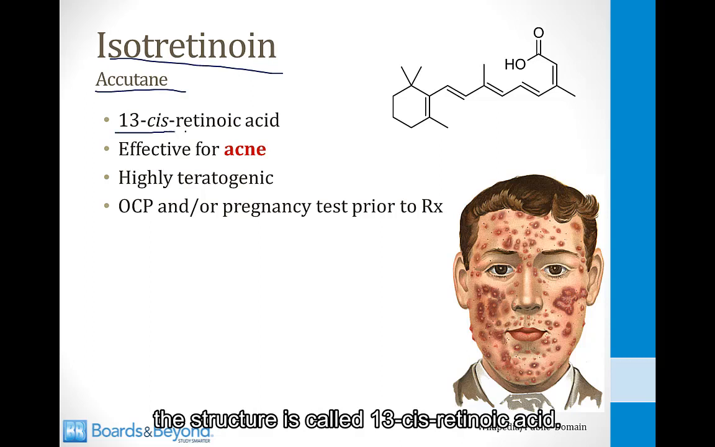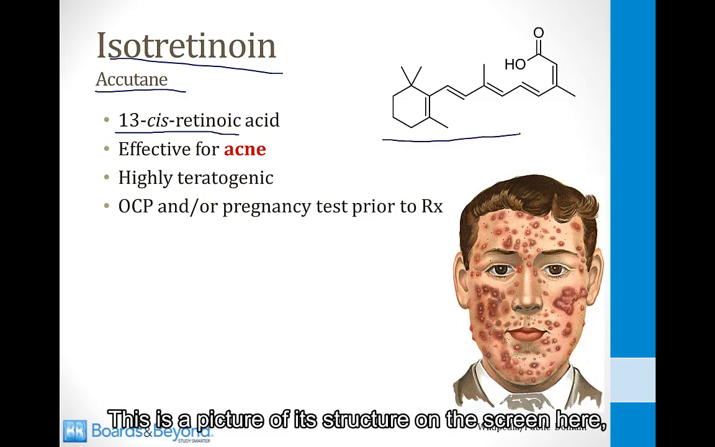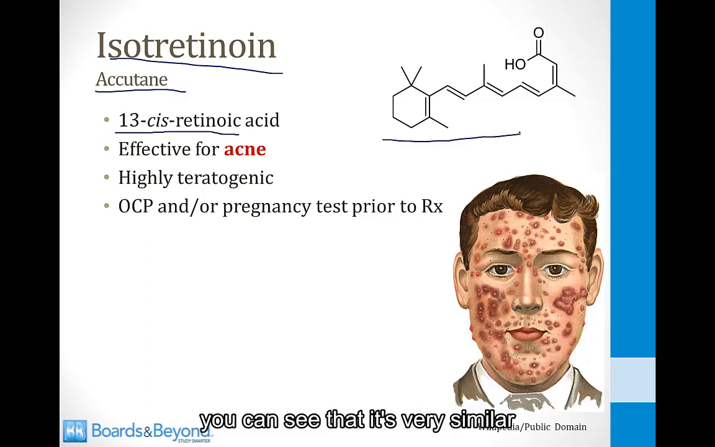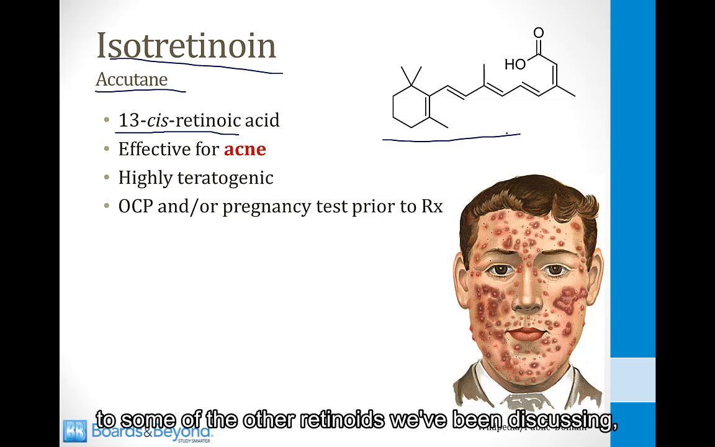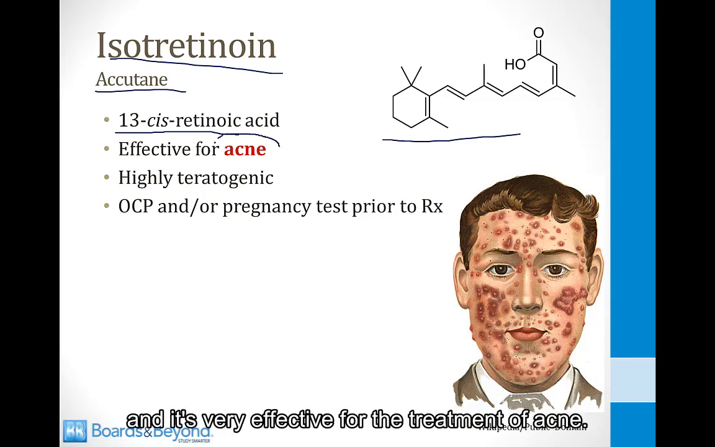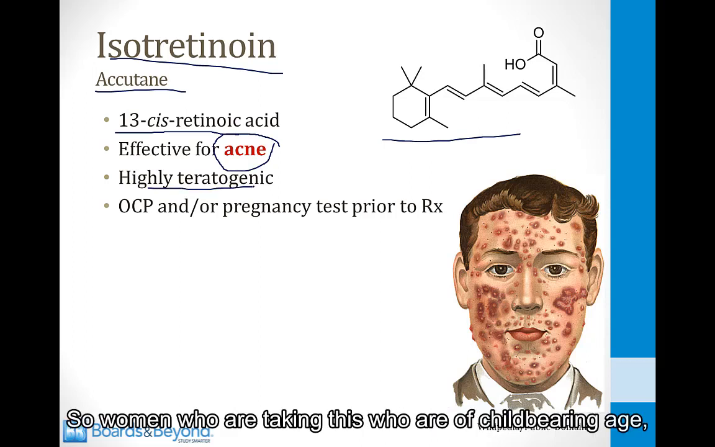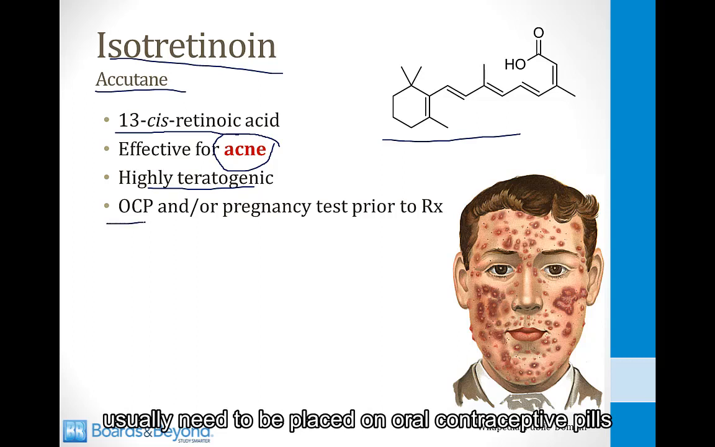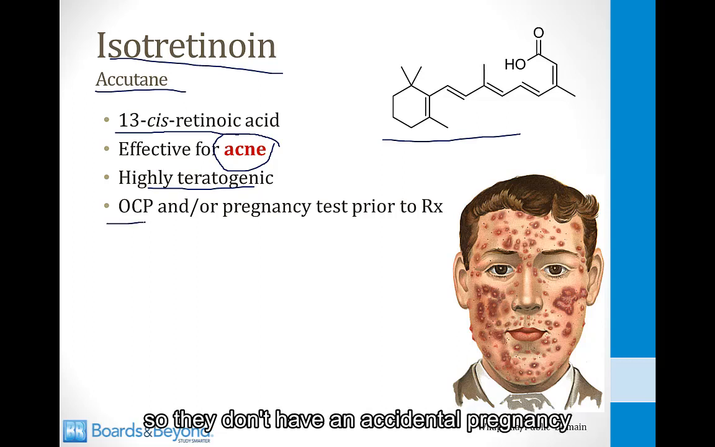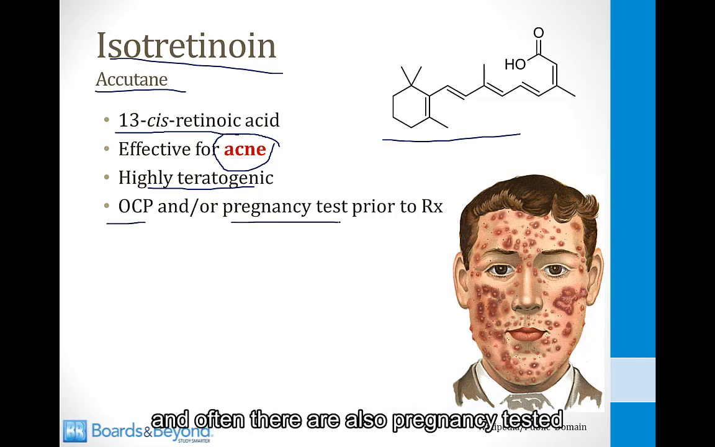The structure is called 13-cis-retinoic acid. This is a picture of its structure on the screen here. You can see that it's very similar to some of the other retinoids we've been discussing, and it's very effective for the treatment of acne. The problem is it's highly teratogenic, so women who are taking this, who are of childbearing age, usually need to be placed on oral contraceptive pills so they don't have an accidental pregnancy, and often they are also pregnancy tested